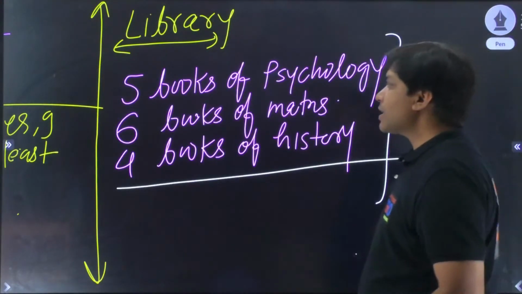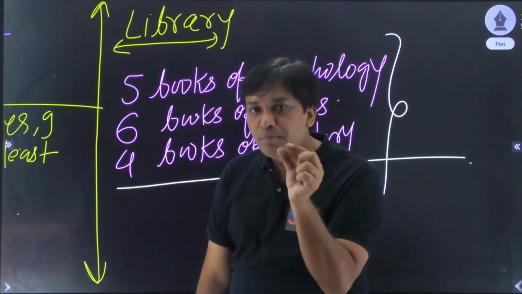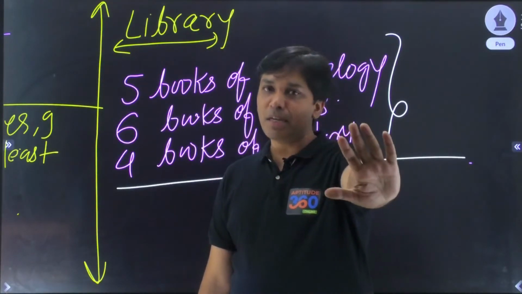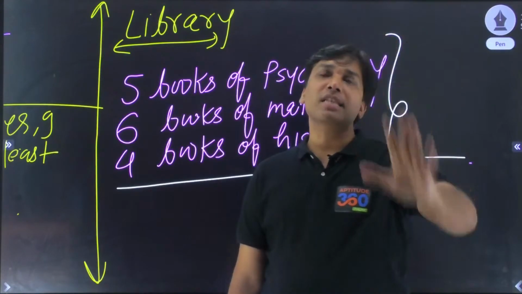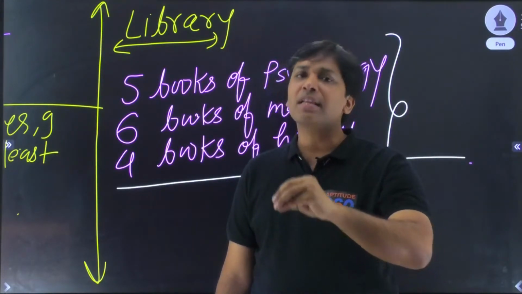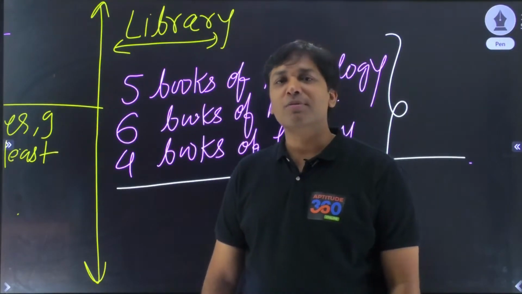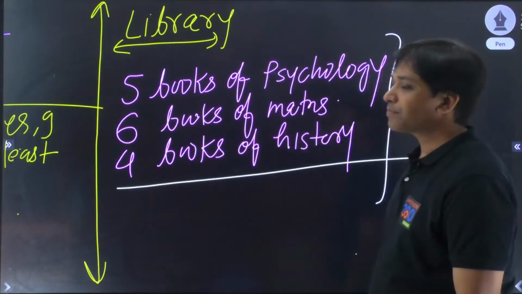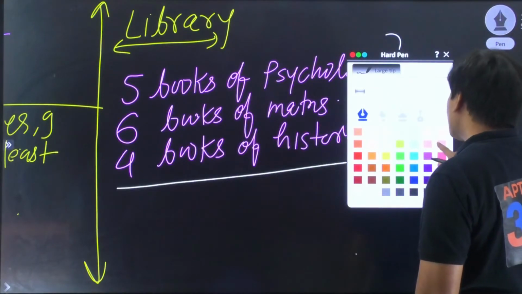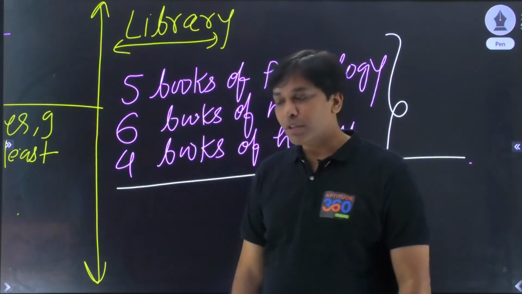Understand this. In how many ways a particular book can be issued? या तो आप लाइब्रेरी में गए, आपने साइकोलॉजी की बुक देखी है, आपने बोला ये बुक बहुत ही बढ़िया है, इतनी मोटी बुक है, इतनी रिसर्च के बाद लिखी गई है, मैं तो नहीं पढ़ूंगा इसको क्योंकि मेरे तो समझ में आने से रहा है। तो आपने बोला चलो यार ये बुक तो मैं इश्यू नहीं करवाऊंगा। या तो आप उस बुक को इश्यू करवा सकते हो, या तो आप उस बुक को इश्यू नहीं करवा सकते हो।